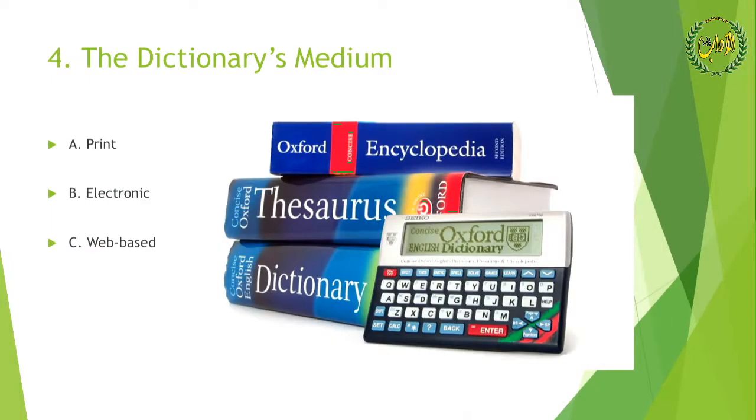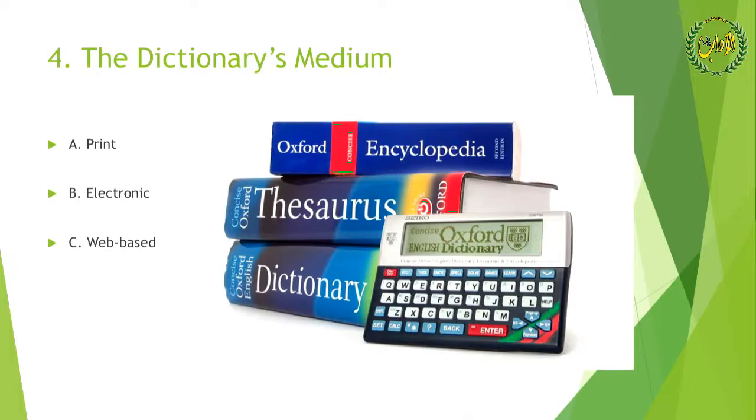Number 4 in the properties of dictionaries is the dictionary's medium. What does it mean? A medium is the way information moves from one side to another. In this case, how does the information move from the writers or editors of the dictionary to the users of the dictionary? We have three